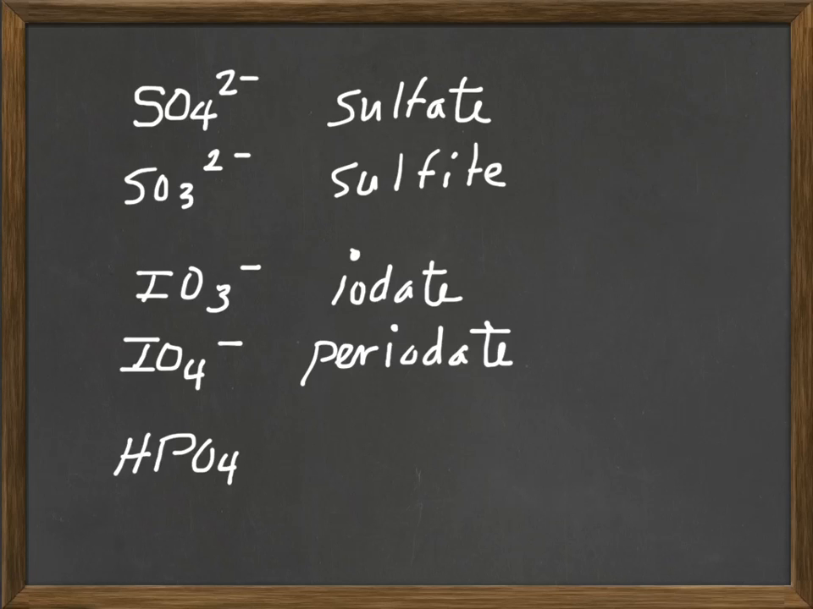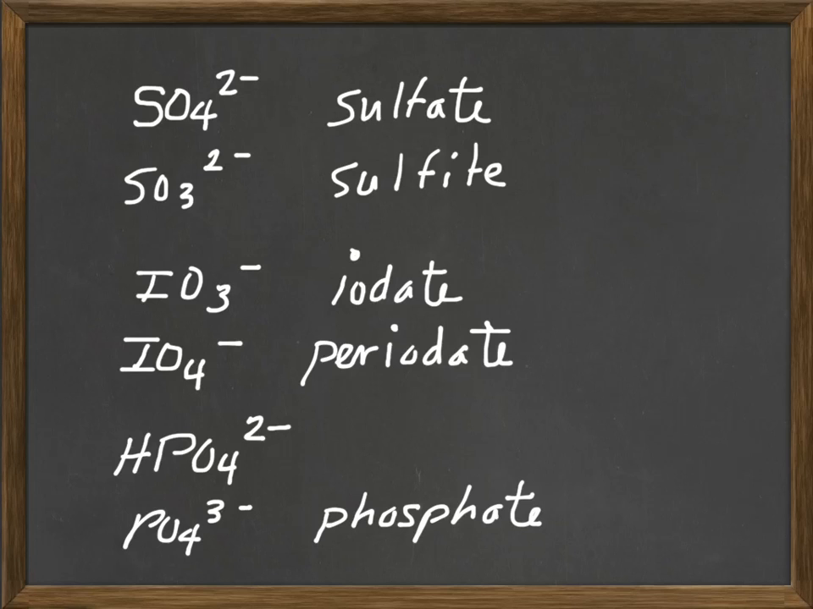Oops, that's not a 3. What's PO4 3 minus? That's phosphate. I don't know, did I ask you guys to memorize that one? I think so. So phosphate is PO4 3 minus. Now this guy,